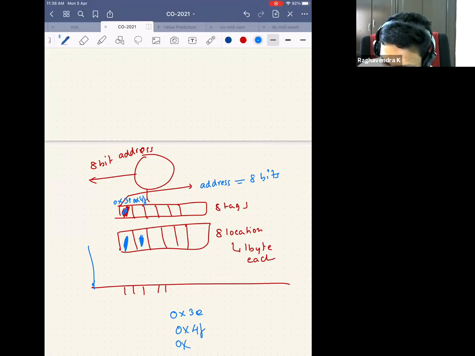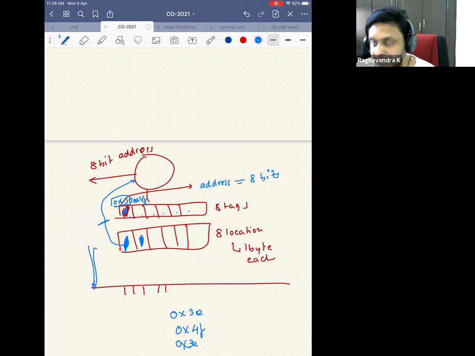And when the CPU generates 0x3e again, I search in the cache. Of course, for all accesses, I search in the cache. I search all 8 in parallel. And since there is an address hit, I call it a cache hit, and I read the data from here. I don't go to the main memory, but I give it back to the CPU. So the girl doesn't have to run here. It's a cache hit, which means I already have it in the cache. So this was a miss, but this is a cache hit.